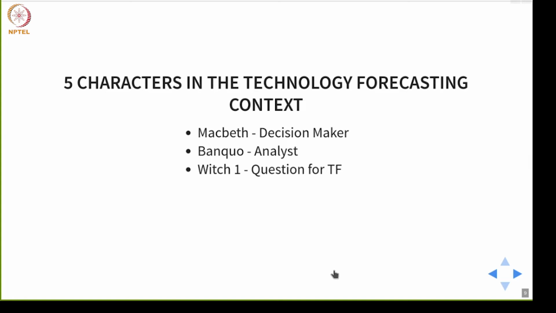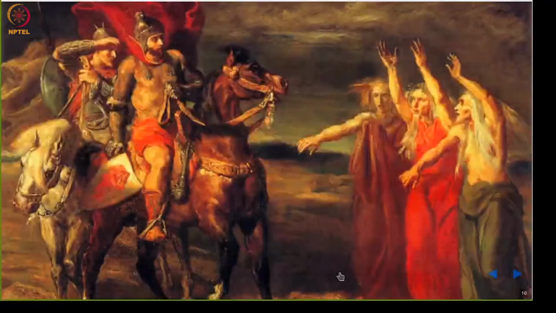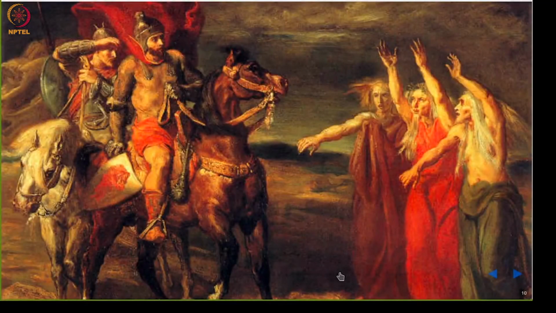The first is the question that we ask for technology forecasting that you saw me highlight a few minutes ago. Which two could be a representative of the qualitative methods that we use, and which three is the quantitative method that we use in the course also. Okay, so to keep it in your memory, in case you forget everything else, this picture, if it remains in your memory, saying, I saw this and now I know this is related to technology forecasting, remember that you are the analyst trying to help the decision maker.